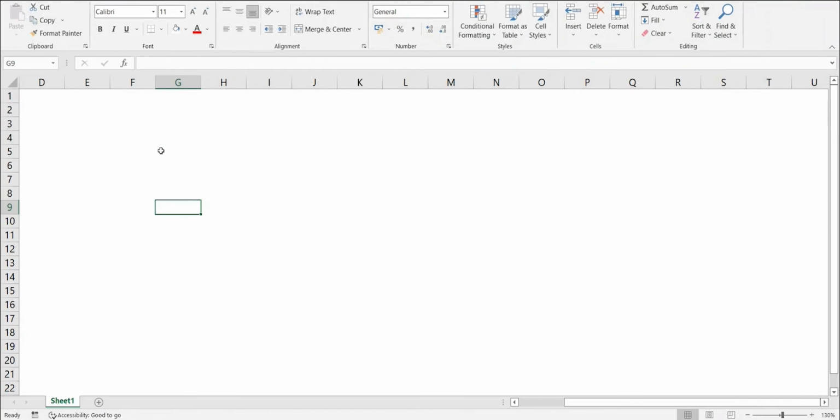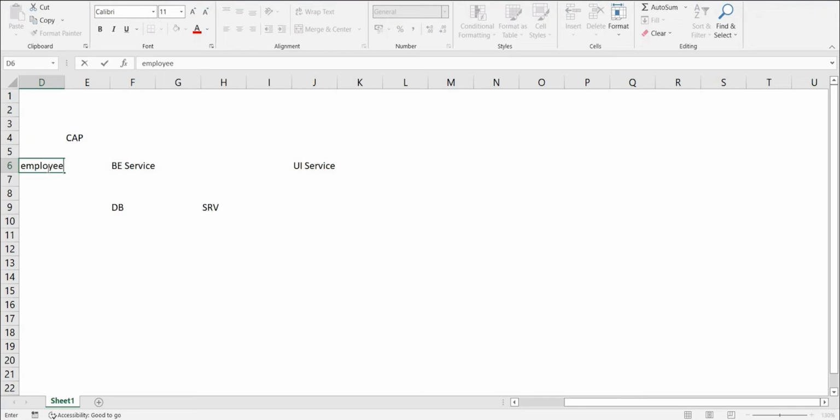In a CAP project, what we learned till now is that whenever I have a CAP project, I would have a backend service, as well as a UI service that can be consuming that. We have not generated a UI service yet, but we will be going through that as well. A backend service consists of a DB as well as an SRV module, right? And dedicated to this service, for example, currently we are working with an employee service,